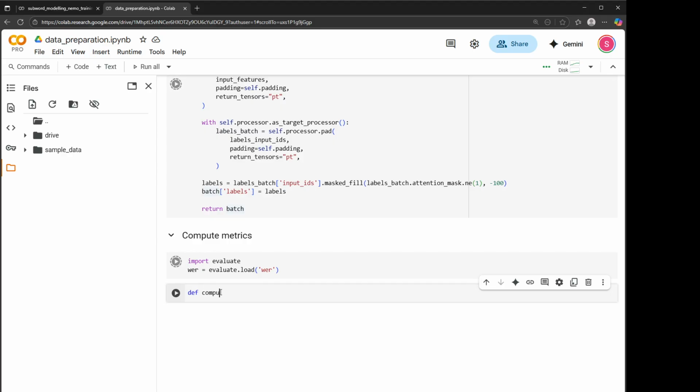So compute metric takes in the predicted, then get the logits, get the IDs,